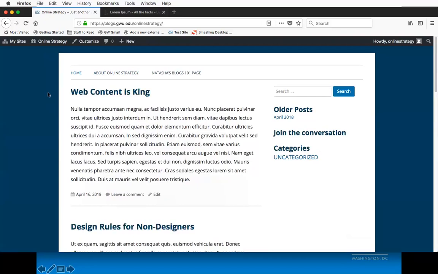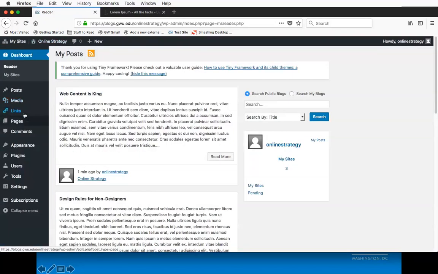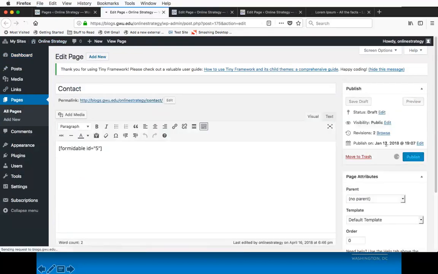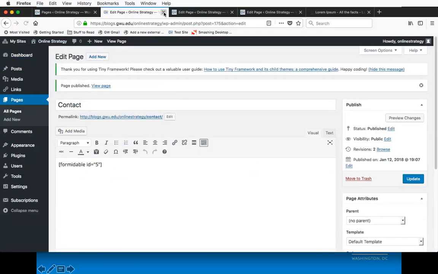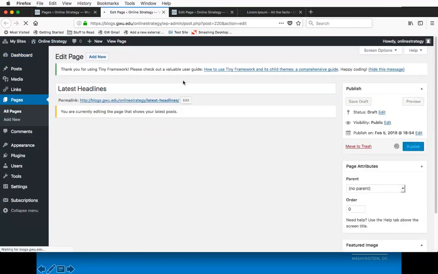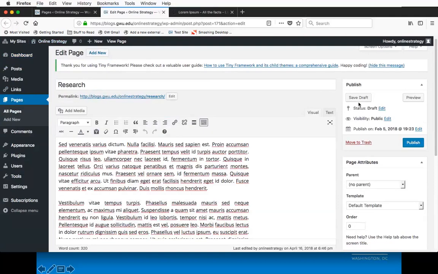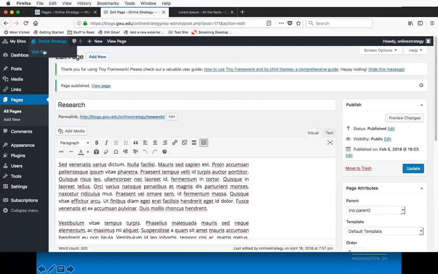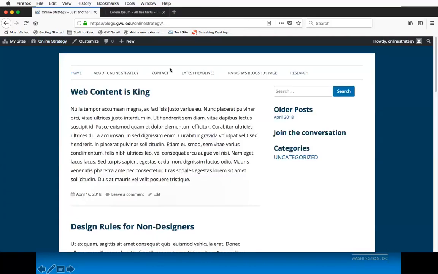The next thing I'm going to do is actually, I think I have a few pages. So I'm going to publish those as well. These I'm going to have to do manually. So I'm going to unfortunately have to go into each one of these and manually say to publish. And now when I go look at my home page, I can see each one of these new pages that